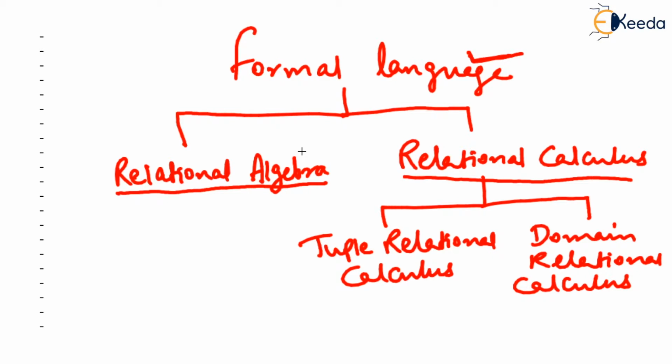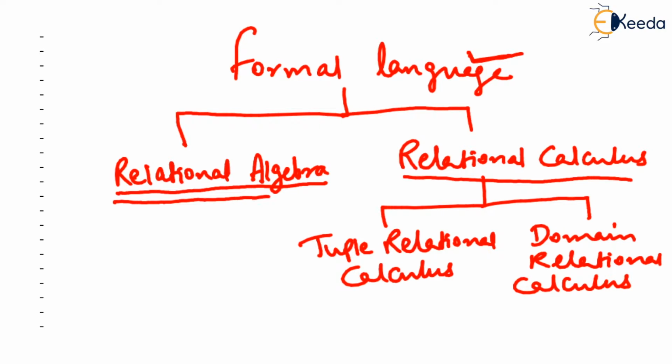Formal language is just a theoretical language, that is language on paper which is not yet implemented actually on a computer or on a machine, and these formal languages occur only in theory. Well, if we want to practically implement them, then we will have to go to some language like SQL or RDBMS. One such formal language is relational algebra.